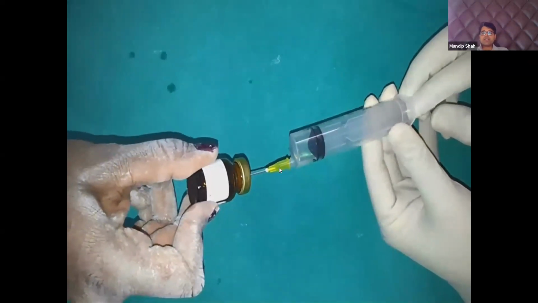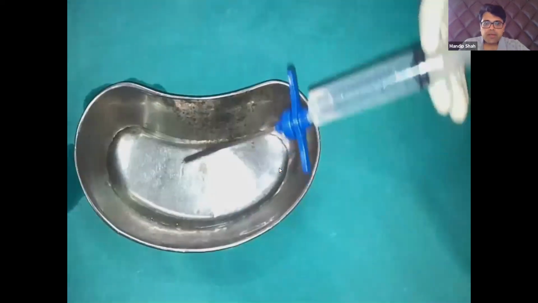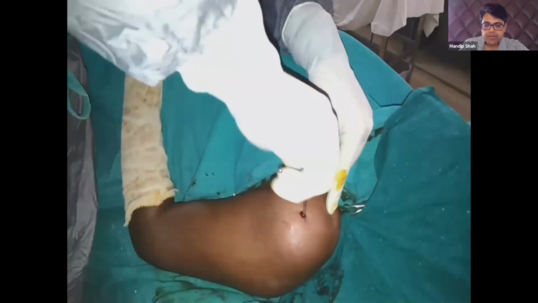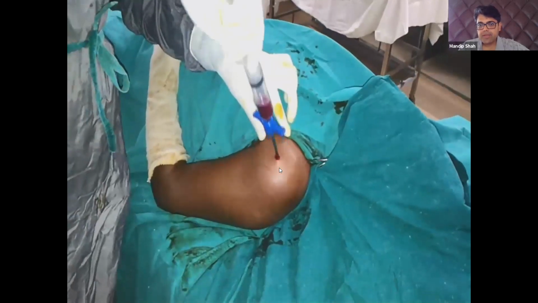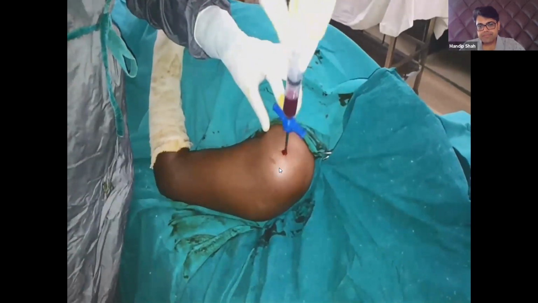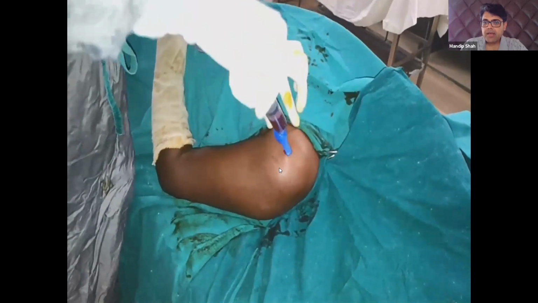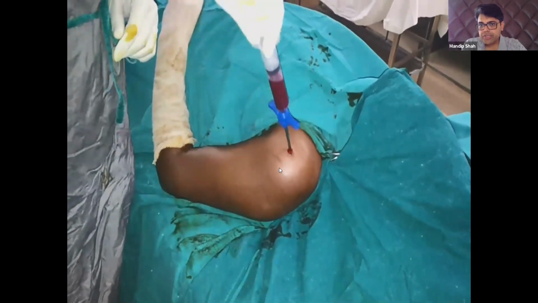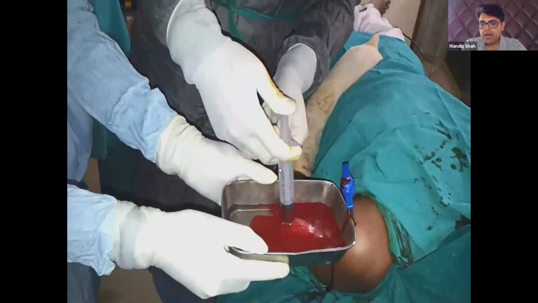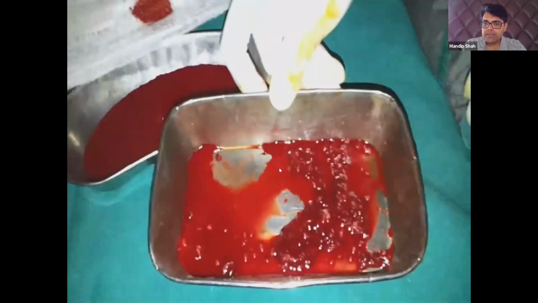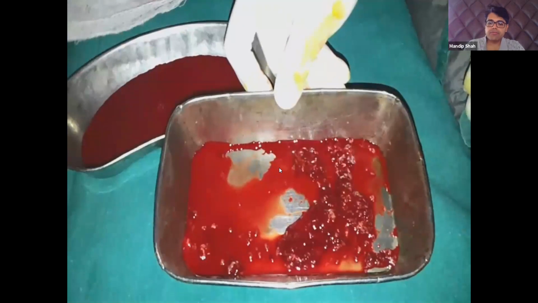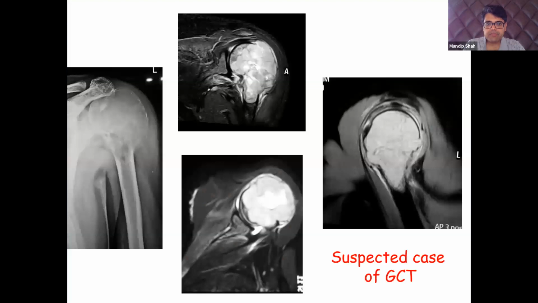What you do is you take your 20 cc syringe and you heparinize that syringe. You have heparinized the syringe, you have heparinized the needle, you have heparinized the saline. You put the needle inside that lesion, apply that heparinized syringe to the needle, apply a negative suction, do many to and fro movements in multiple directions, and then this much of tissue you can get. We'll see this video once more. It was a pretty fast video.